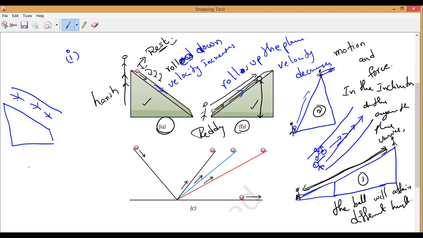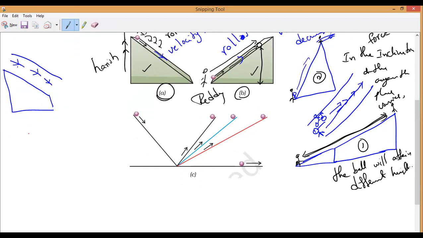Okay. Now, shall we move to the next experiment? What has he taken? He has now taken a double inclined plane. What do you mean by double inclined plane? Anybody? Two inclined planes connected. He has taken two inclined planes. Understand? You can observe in this picture also. This is the one inclined plane. Can you see, Harry, here? This is one inclined plane. He has taken a different set of inclined planes, and this is another inclined plane. This is the first set. Next, the second set, and this is the third set of inclined planes.